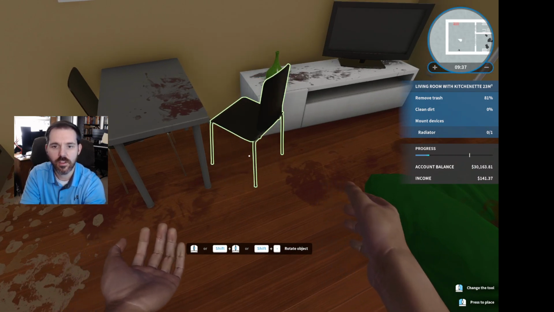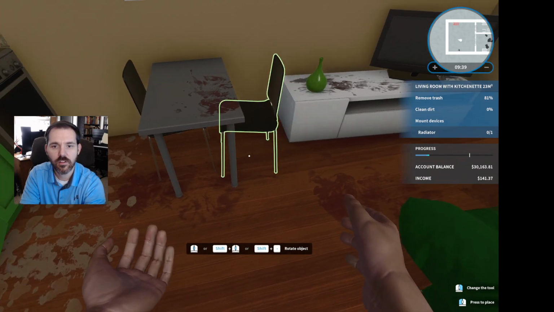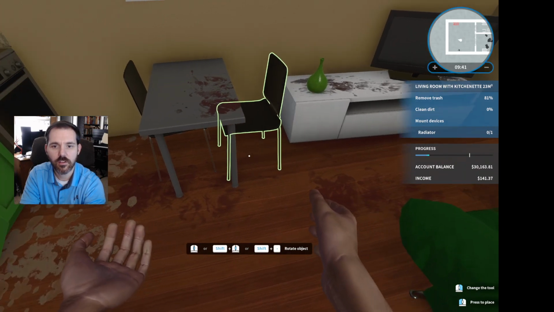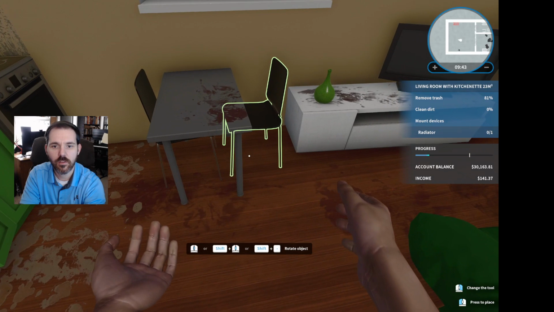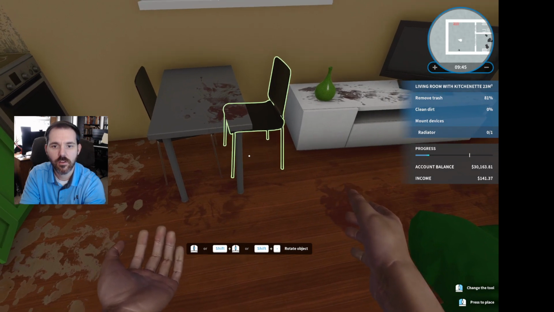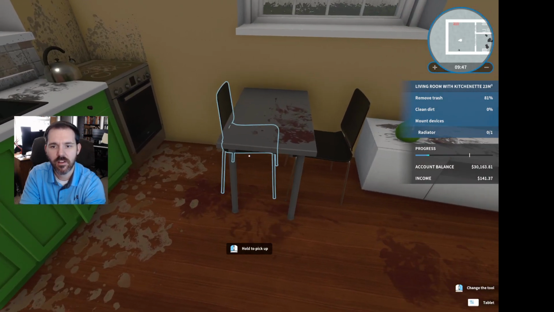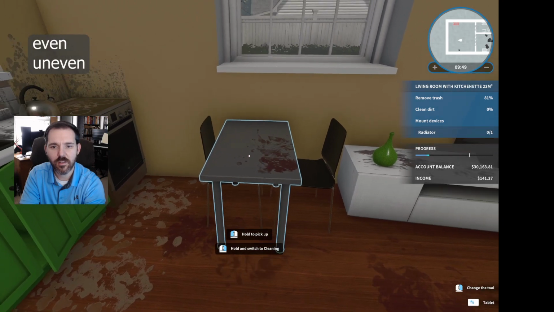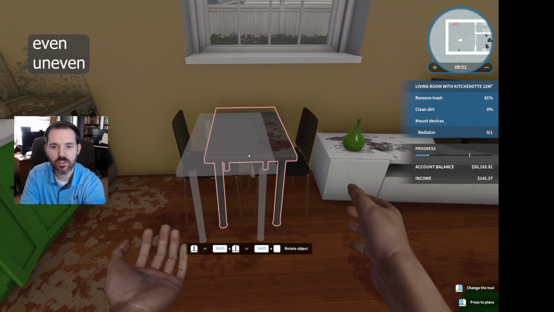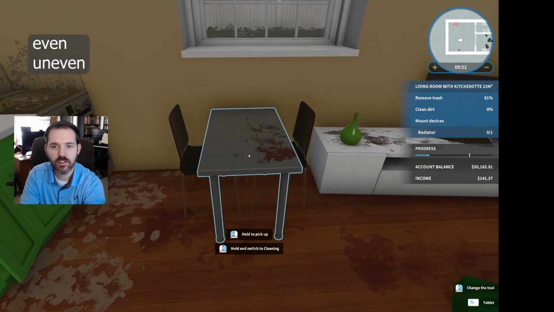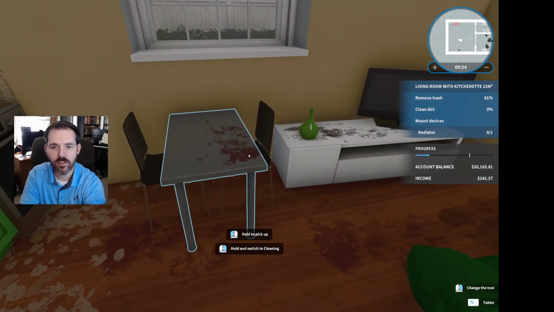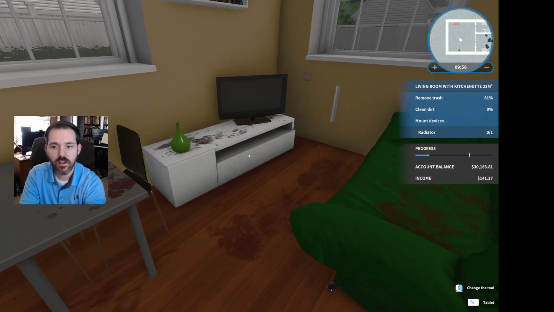We want to move it the other direction. Okay. And set that right there. Okay. It's a little uneven. Let me move the table over just a little bit so that it looks a little nicer. There we go. That's much better.